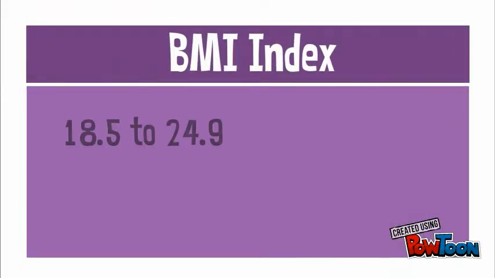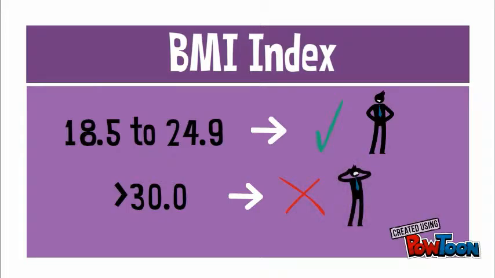A healthy range for adults is 18.5 to 24.9, and a person is considered to be obese when they have a BMI greater or equal to 30. Although BMI can be inaccurate when measuring people with a higher or lower than average muscle mass, found in bodybuilders, children, and elders, BMI gives us an accurate picture when looking at the general public.